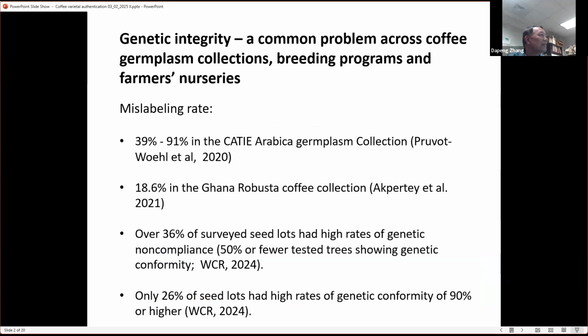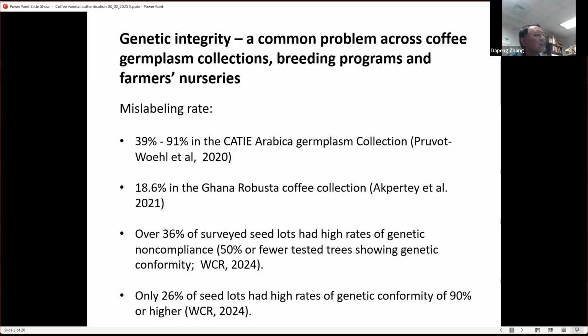So one of the major problems we know in coffee production and coffee research is genetic integrity. That's a lack of genetic integrity. So mislabeling is a serious problem in germplasm collections, in breeding programs, and in farmers' nurseries. And based on the published literature and reports, the mislabeling rate is alarmingly high. For example, in the CATIE Arabica collection, you have about 39 to 91% of mislabeling, depending on which variety, which accession. In the Robusta coffee, you have about